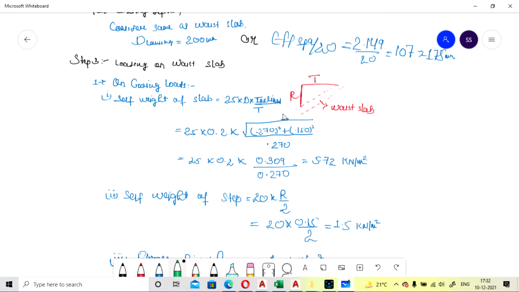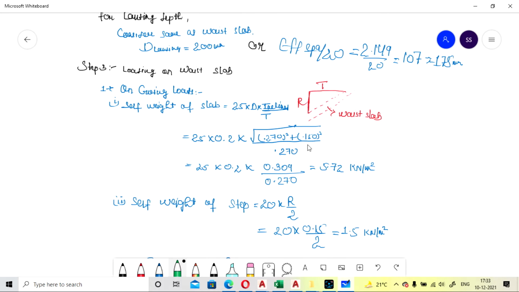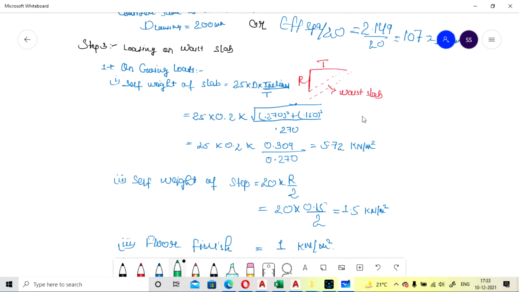This is the Pythagoras for the calculation of this. That is, hypotenuse is equal to the square root of perpendicular square plus base square. So we are using Pythagoras here for this length. It will come as square root of 0.270 square, that is the tread, plus 0.150 square, that is the riser, divided by 0.270, per tread value.